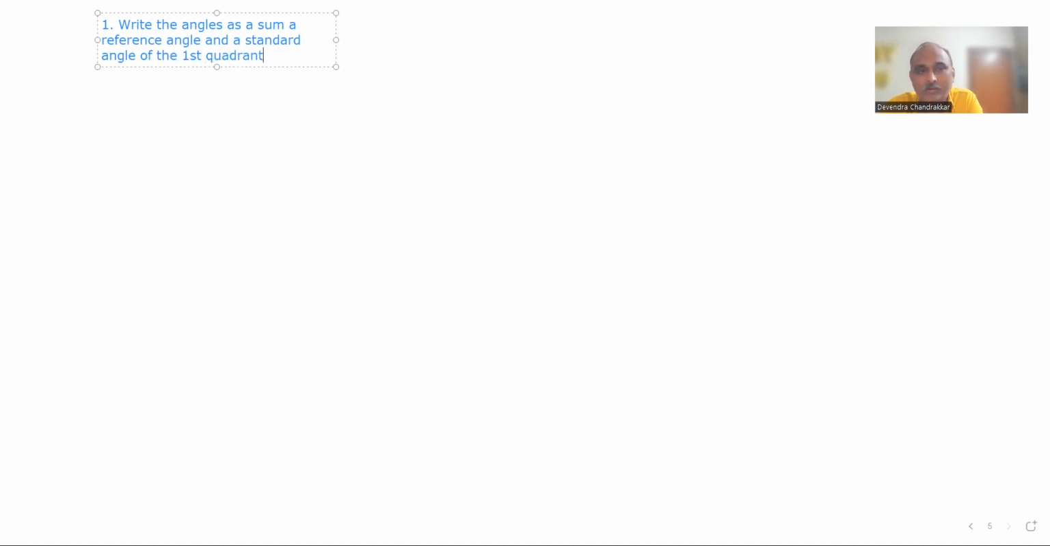Because that is how they were made, right? That is how we wrote the standard angles of second, third, and fourth quadrant. So this is the first statement. Second is, if the reference angle